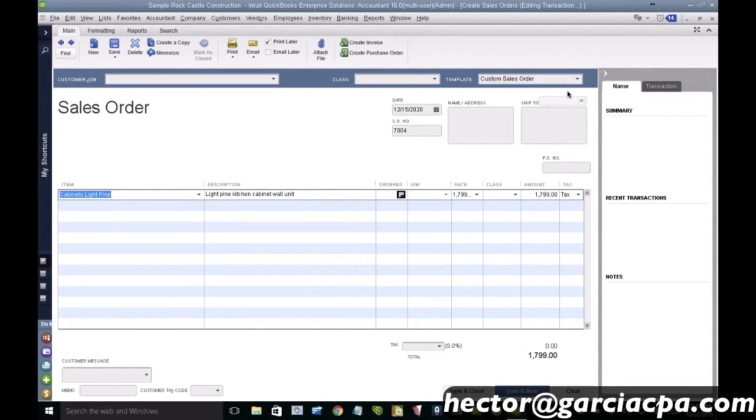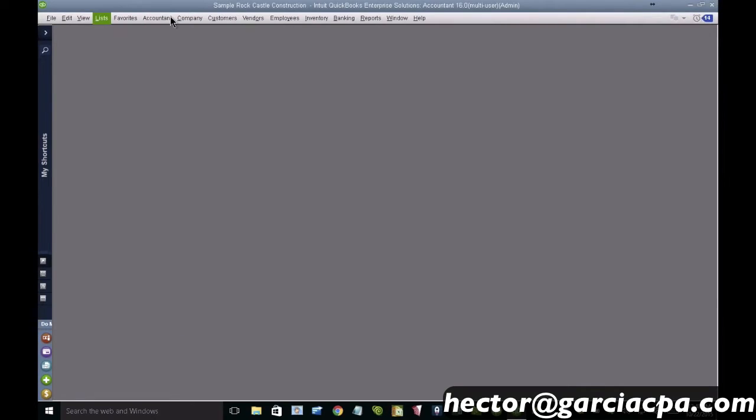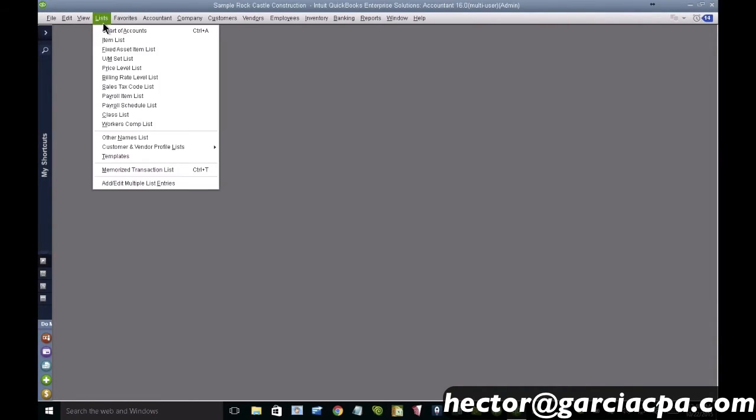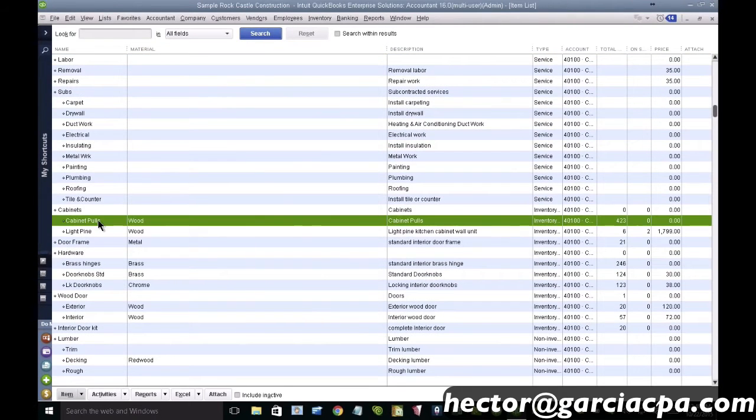Okay, all right. So that's what I wanted to show you briefly, because that's actually a pretty interesting trick. So that's the Find and Select feature. The other important piece is custom fields, which I spoke about earlier. One of the real non-intuitive things about QuickBooks is where I have to go for custom fields. But anyway, I'm going to go to List, and then click on Item List, and I'm going to go into one of my inventory parts, and then I'm going to start